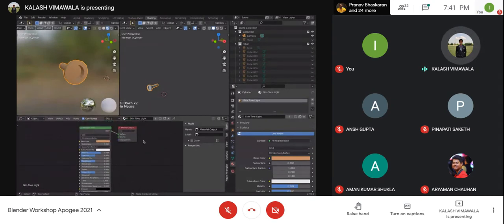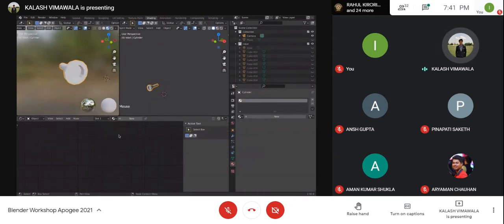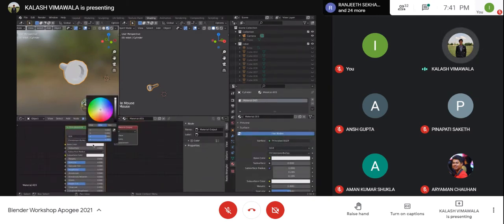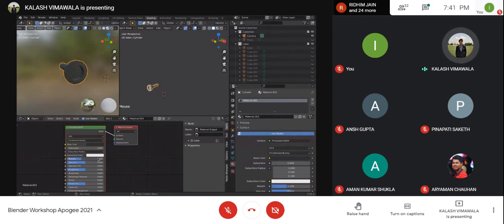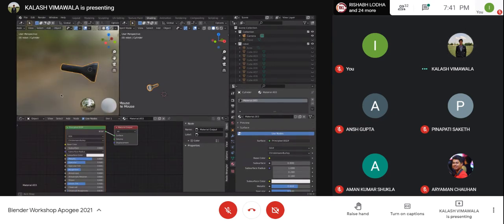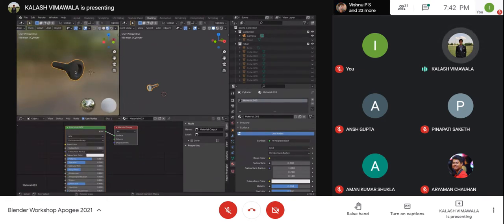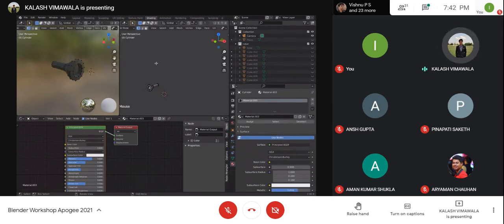So again, for this as well, we'll delink the skin tone light, add a new material. Now we have a new material and say I want the torch to be something of this sort, maybe dark gray. And since it's a torch, I can give it a metallic accent, decrease the roughness a little. This looks good. Now what we have to do here is the parts of the torch, right? The main core of the torch, or if I go into edit mode here, which you can also do through Tab, you can switch between that and Tab, press on 3.